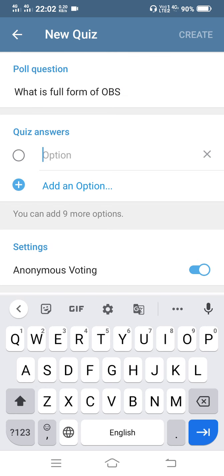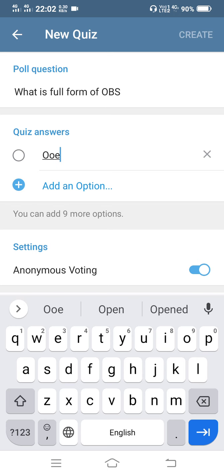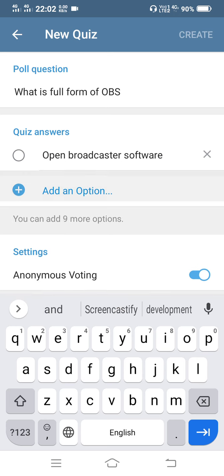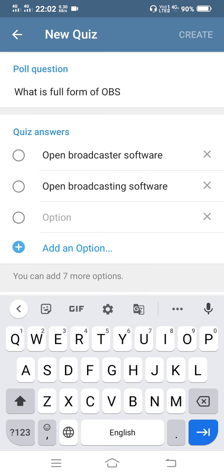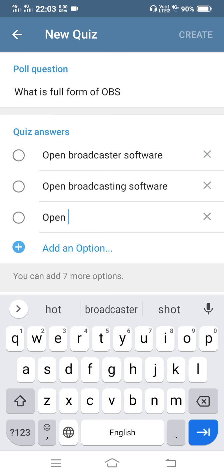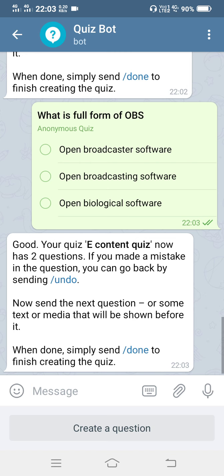And I will give the options: open broadcaster software, open broadcasting software, open biological software. Again, I will click on the correct answer, open broadcaster software, and finally I will click on create.